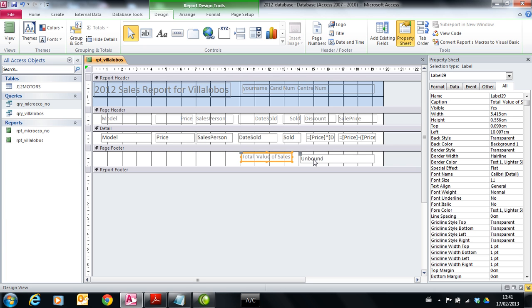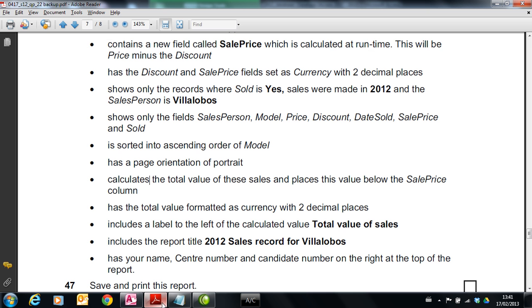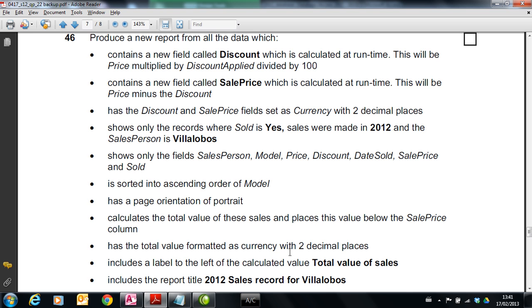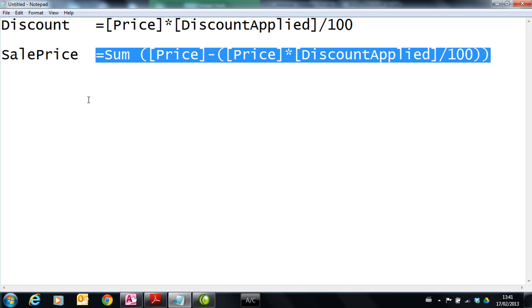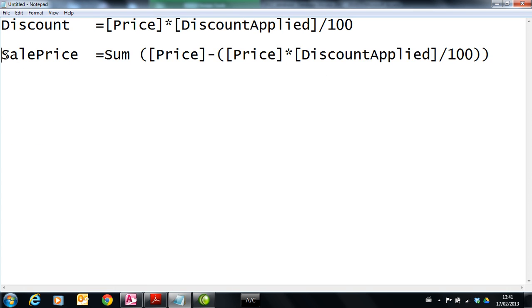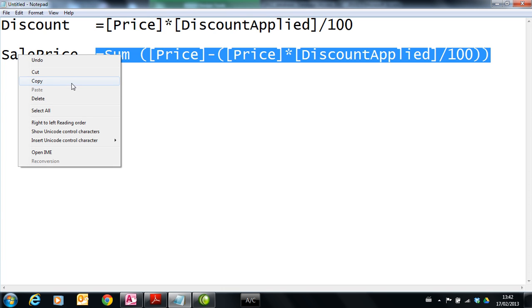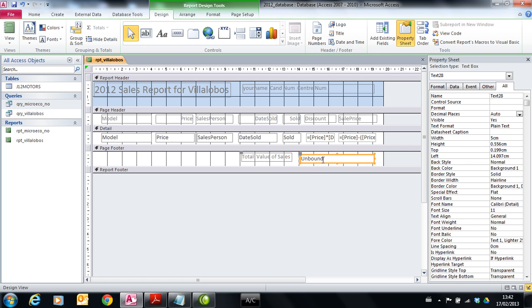Now this one, again, we need to go back to the question to say what it is. Calculate total value of sales and place this value below the sale price. So we need to add up all the sale price fields. If we go back to Access, we need to sum all this sale price field, which only exists at runtime. So again, we need to be mindful of the formula. If we look at it here, I've put it in for you. Here's the sale price equaling sum of price minus the discount. So if we highlight that and copy it, we can go back here and put this into the box here,